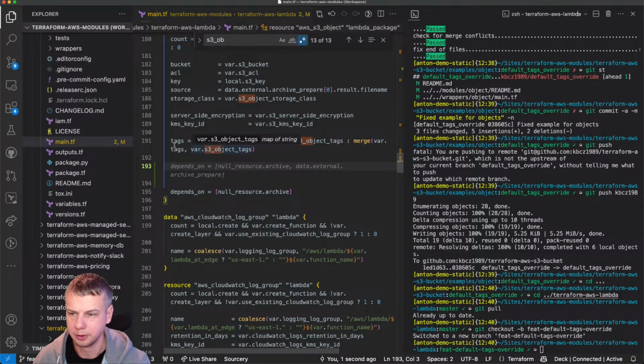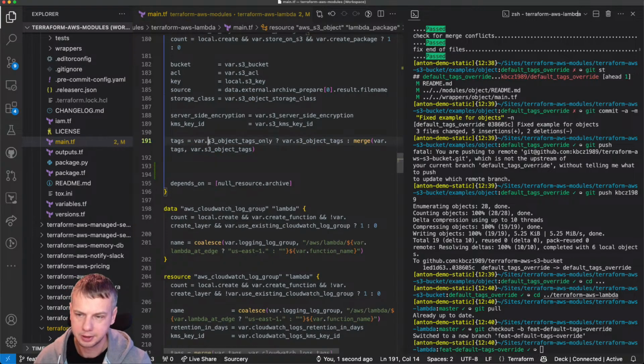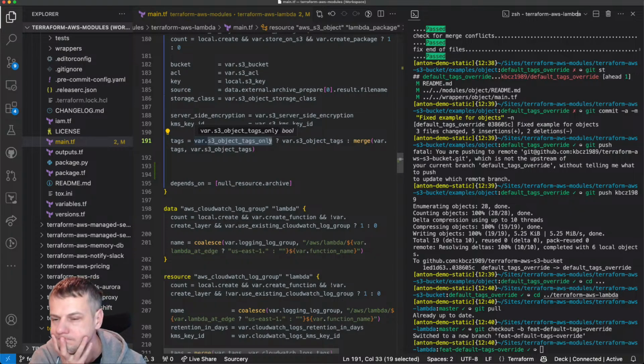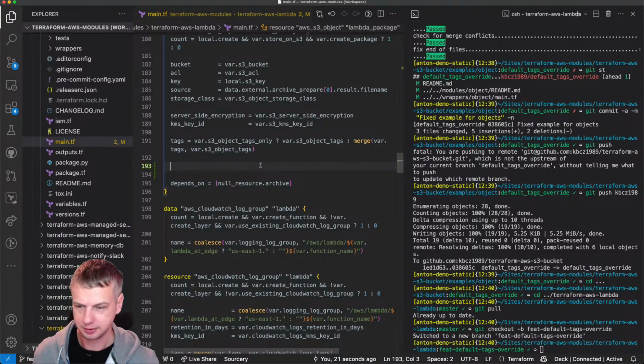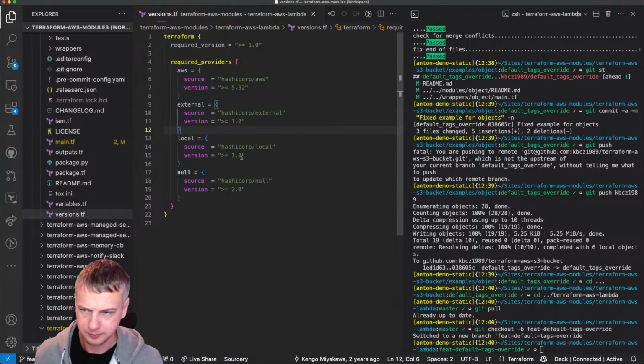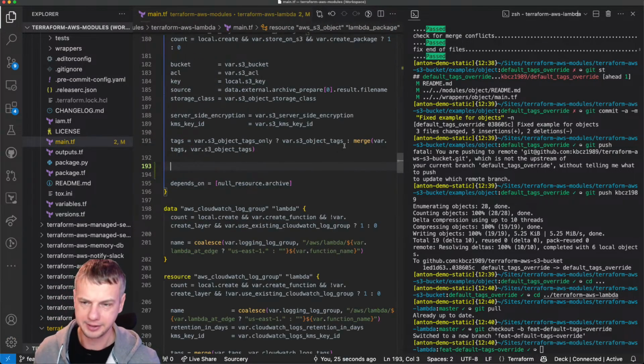So we already have some logic here to handle S3 object tags only. Yeah, but these tags will still be merged with provider tags. Oh my God, it's so complicated. So there are at least 3 ways how this can be grouped.